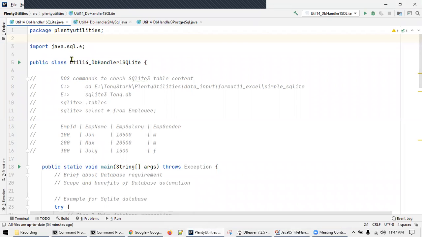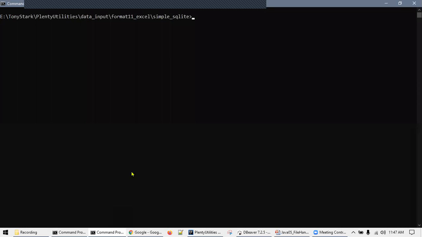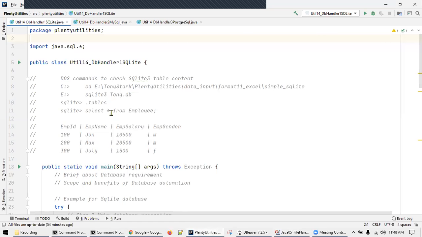SQLite is a very lightweight database. You can get more information about what SQLite is and other things from their official website. I have locally one database called Tony.db, and I'm already on this database on this path. If I want to do it manually, I will go to that folder. I will say SQLite this thing,